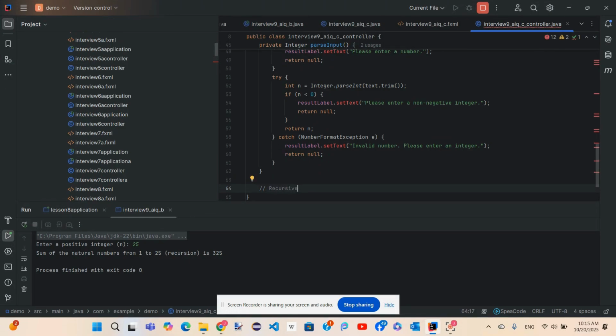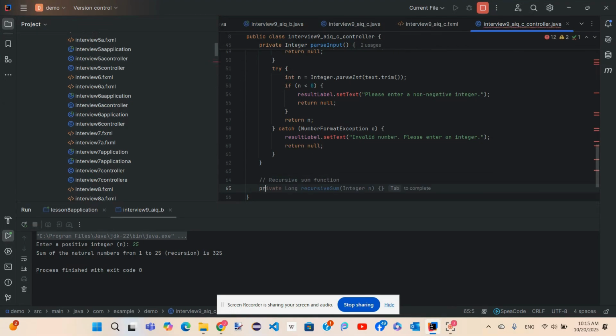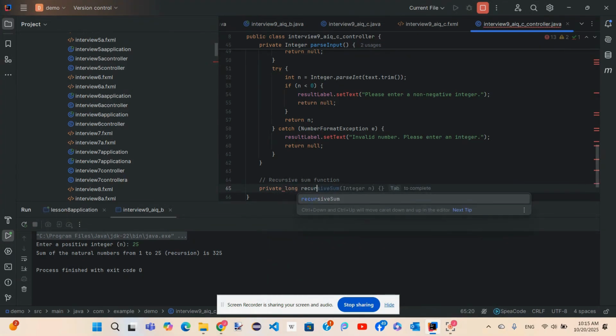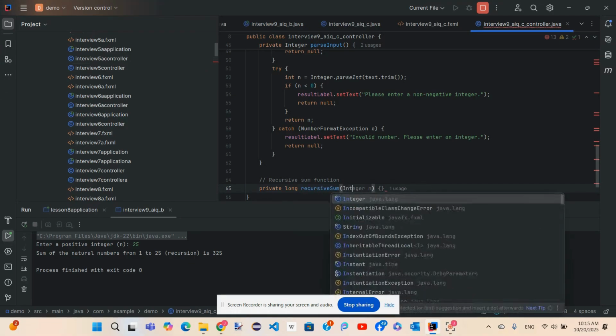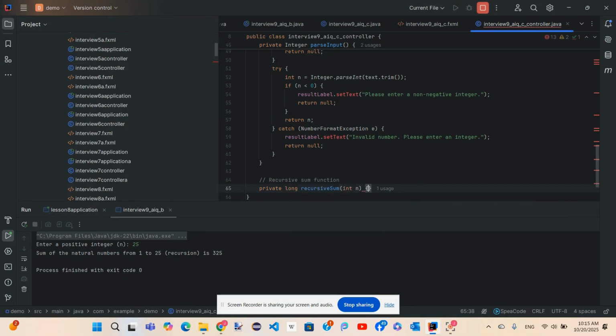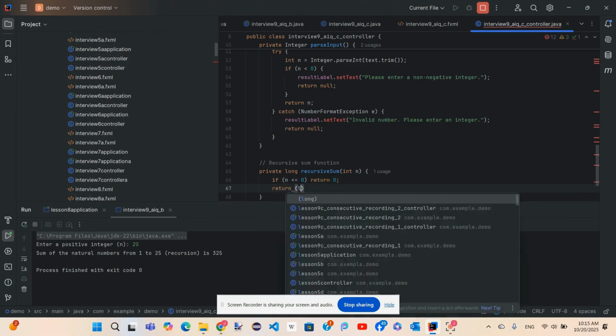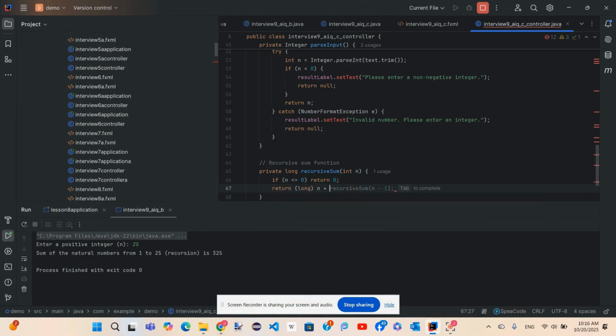Recursive sum function: private long recursiveSum(int n): if n == 0 return 0; return n + recursiveSum(n - 1).